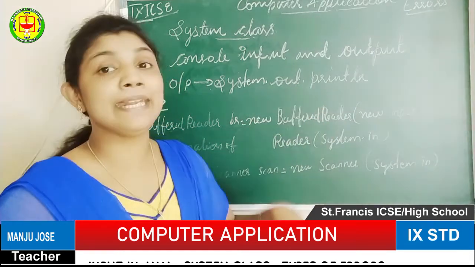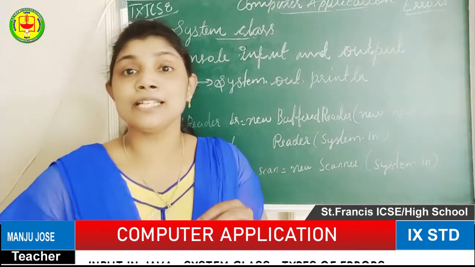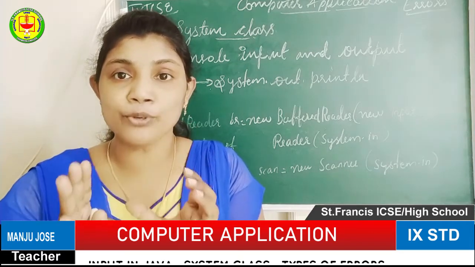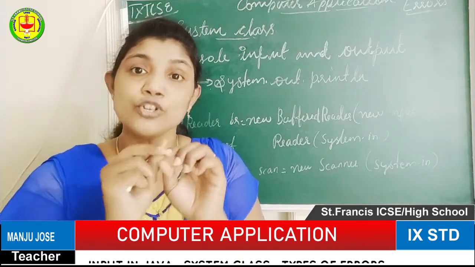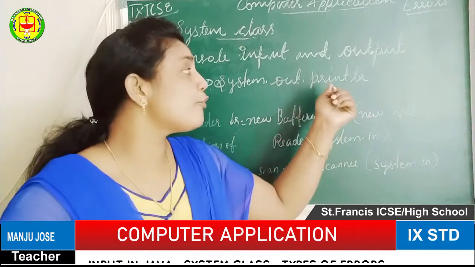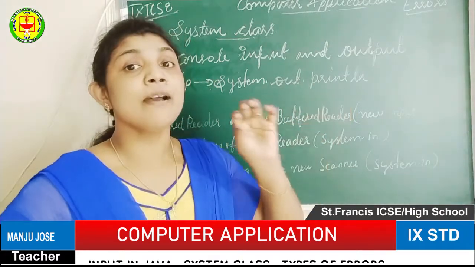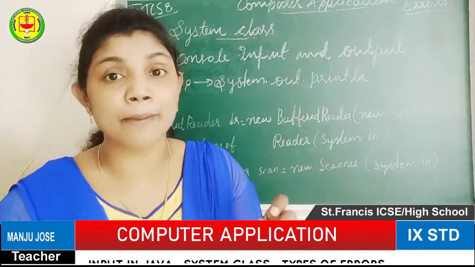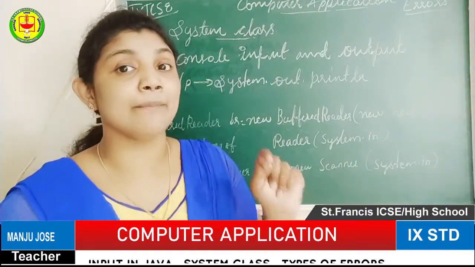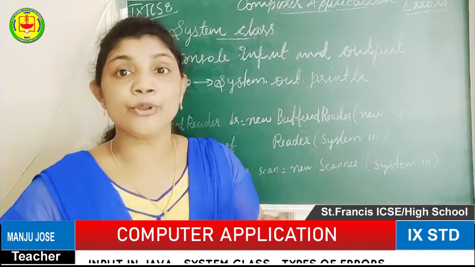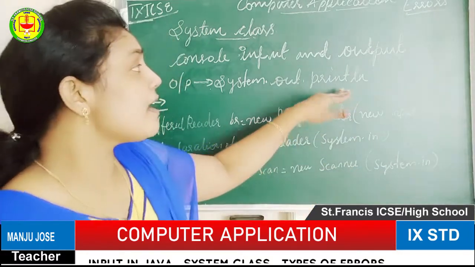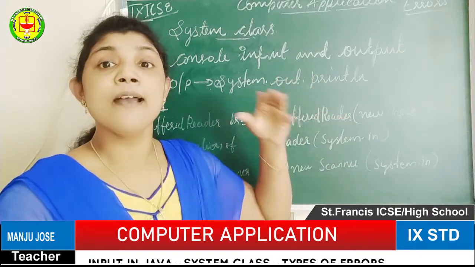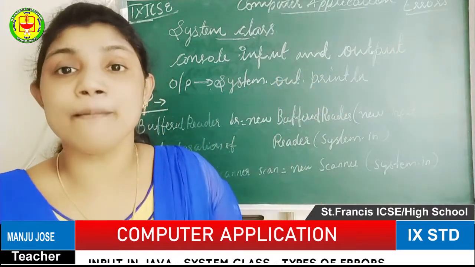The next one is println. The println command is used to display the inputted content on the output device or output screen, so it should be printed. For printing purposes we use one print command, called println. Ln represents line, so println is print line. System.out.println is the console output command which we commonly use while writing a Java program.